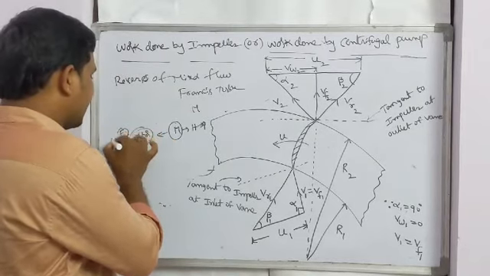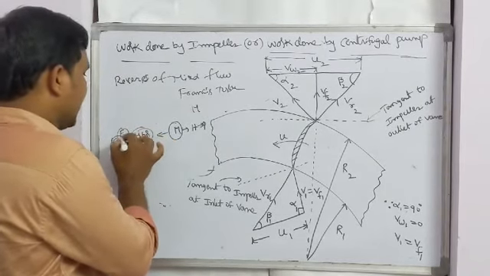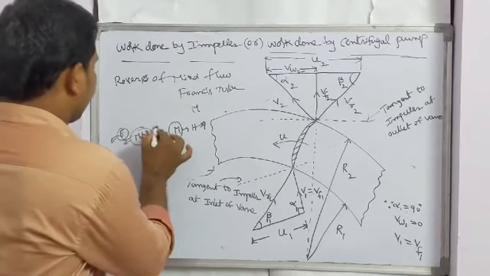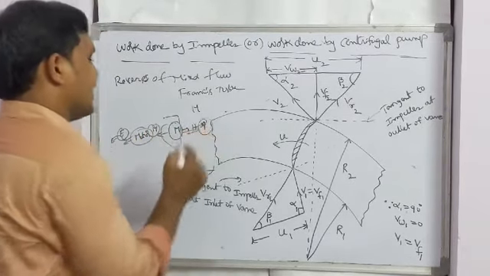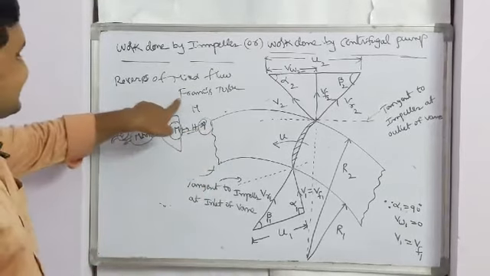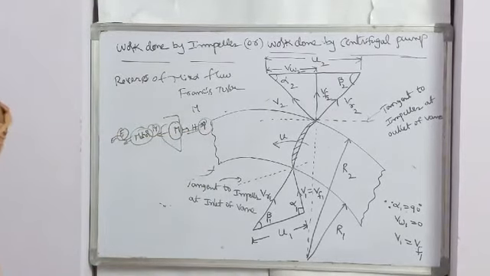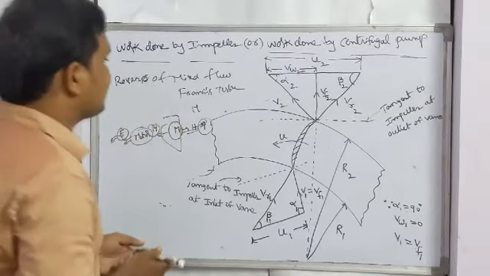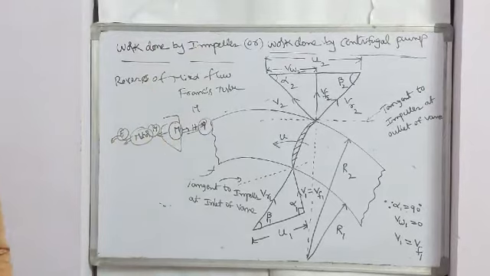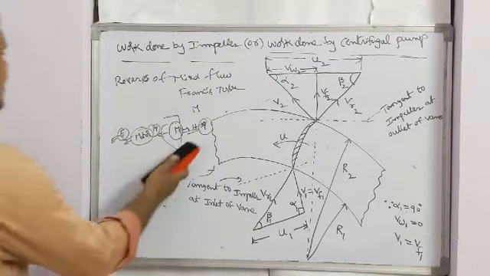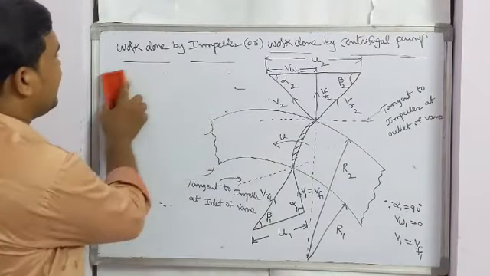That electrical energy we supply to a motor, that motor converts electrical energy into mechanical energy. That mechanical energy of the pump is converted into hydraulic energy, then pressure energy. So the Francis turbine gives the work, the centrifugal pump absorbs the work. Therefore the work done by the Francis turbine is the reverse of the work done by the centrifugal pump.